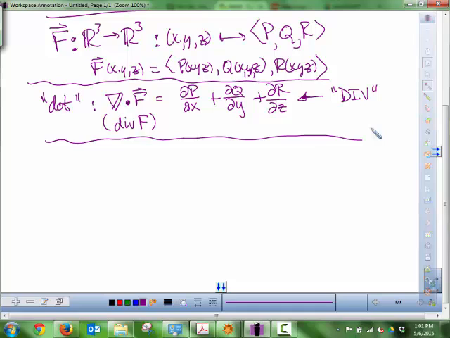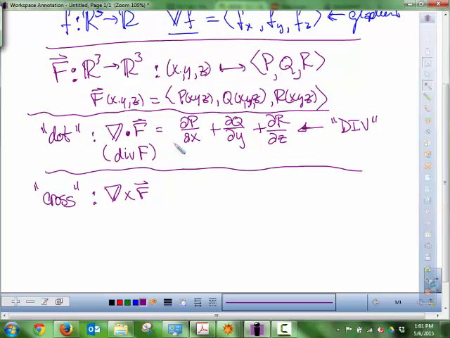And so the other operation that we could do with vectors in terms of vector multiplication is the cross. So if we take our vector PQR and cross it with our del operator,